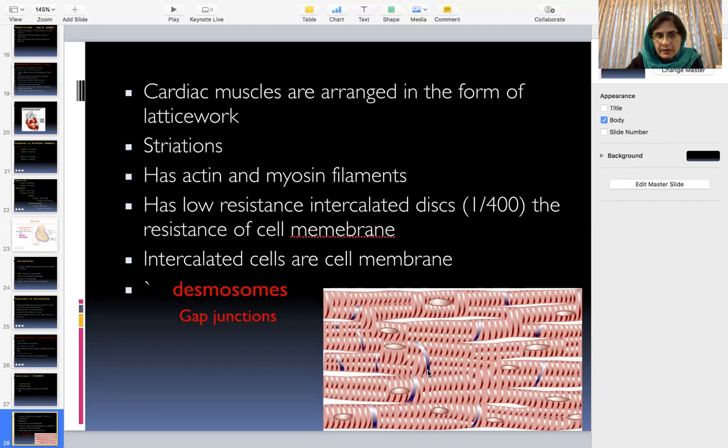In the intercalated cells we have gap junctions, which allow the easy passage of the impulse from one cardiac muscle to the other. So this is one cardiac muscle, this is another cardiac muscle, separated by these intercalated cells which have gap junctions and desmosomes, which allow easy passage of the impulse further. So that is why the two atria are called the atrial syncytium, and the two ventricles are called the ventricular syncytium,